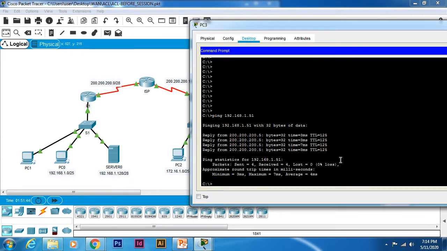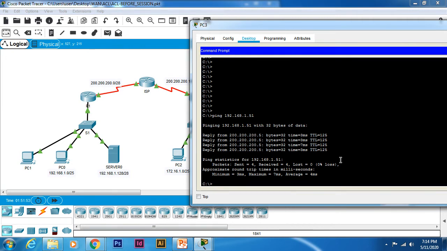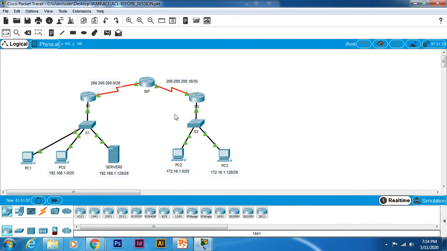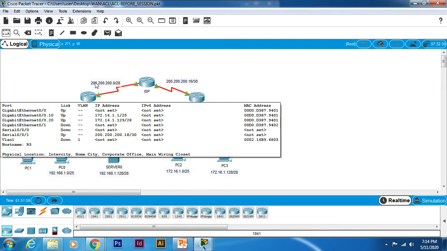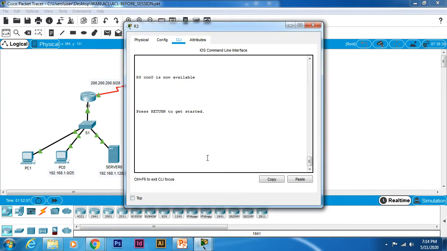So what we need to anticipate is once we apply the ACL, we are no longer able to ping to the other side. So let's start with configuring the ACL. Both services HTTP and HTTPS are turned on in the server. So on the router 3 now,